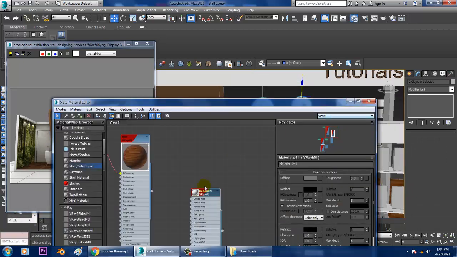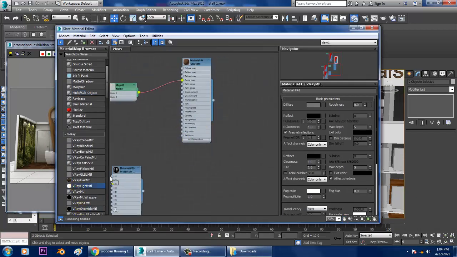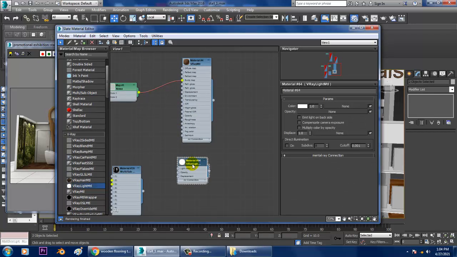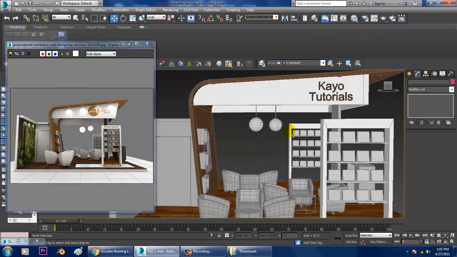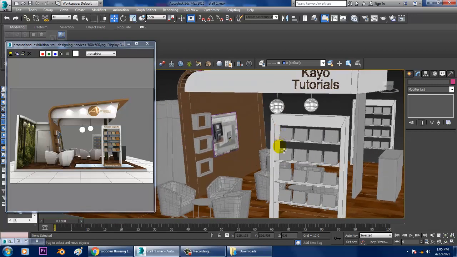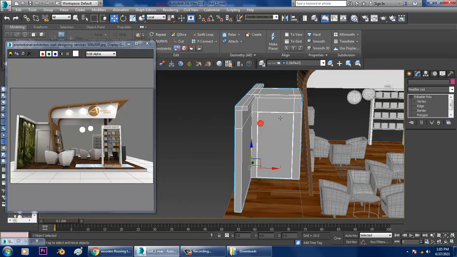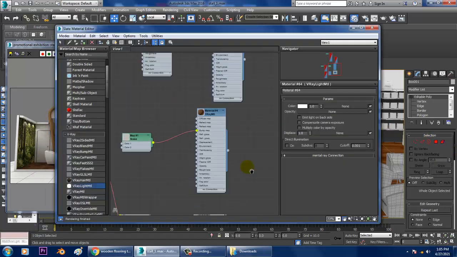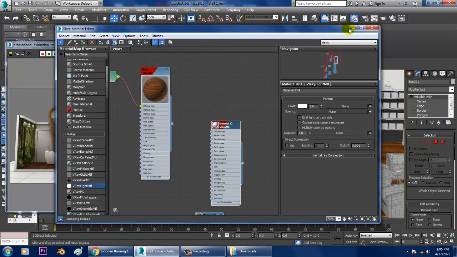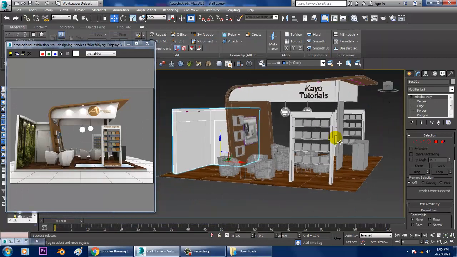Let's go into material, and I'll add a VRayLightMtl for self illumination. We call it self illumination, which is usually where the object illuminates. So we can use this self illumination, defined as a very light material. We can rename that over here. As you can see, it's glowing. So select this area and we'll be assigning the same shader in the same way.